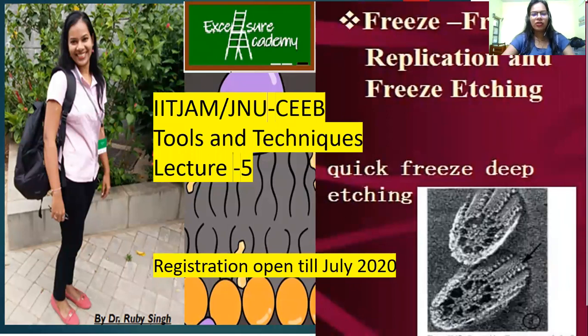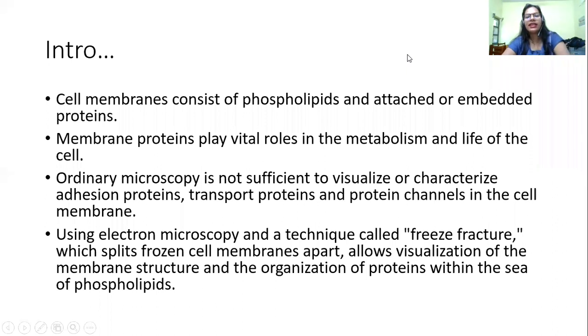So today we are going to study one of the techniques which we mentioned when we were dealing with the plasma membrane. That is the freeze fracture replication and freeze etching technique. Now what is this technique actually? Remember we mentioned that if this is the plasma membrane, with an outer and inner region, and we want to study the inside of it, you can just cut it open and study. But how is it possible? Only using this freeze fracture technique. So today we are going to study this technique.